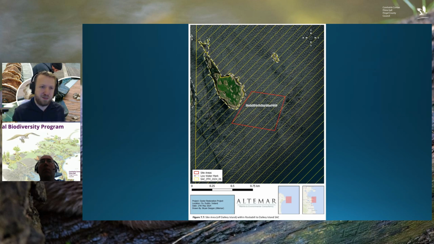Those will be fished in March in Tralee and go through a whole biosecurity protocol to make sure that we're not bringing anything over to our waters on this coast. Then they'll be deployed with those oyster castles and other devices in March. So that's what we're waiting on right now, and we're very excited for that.